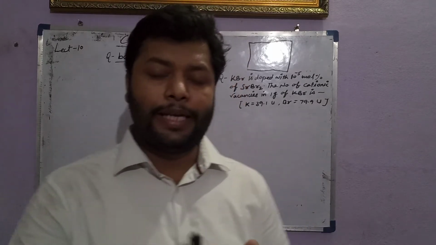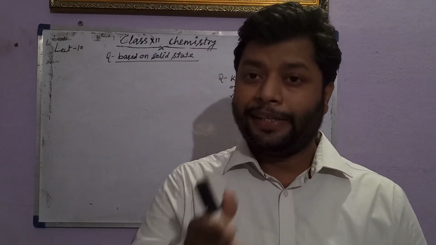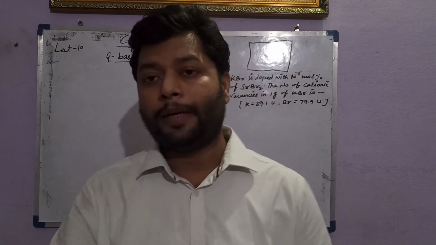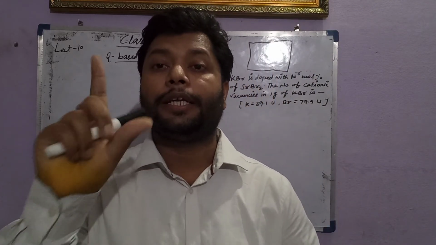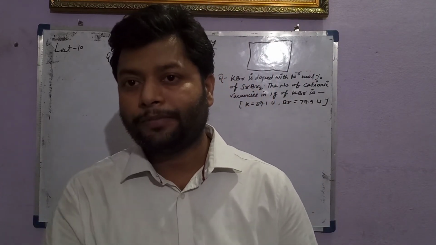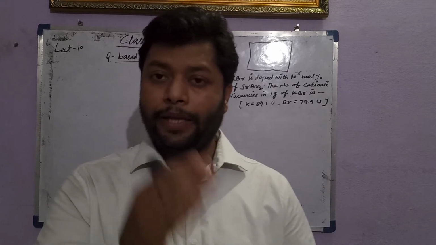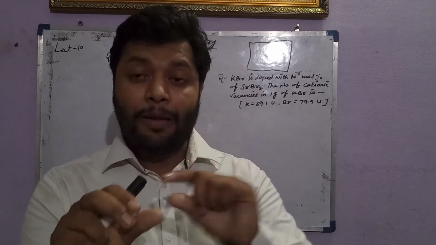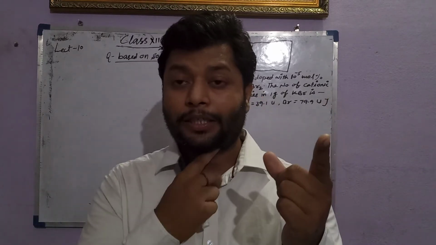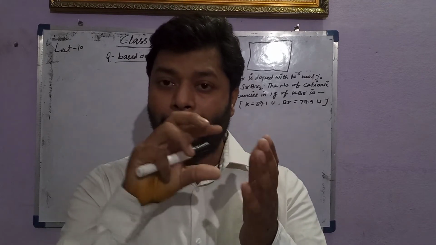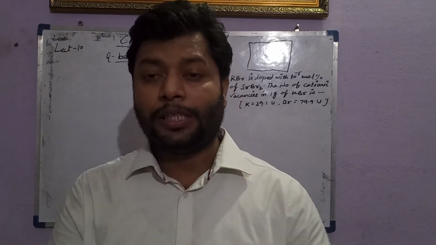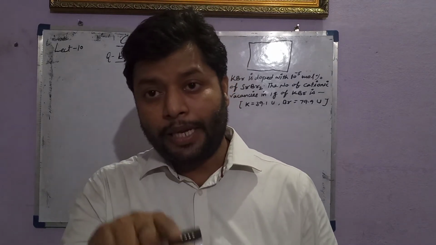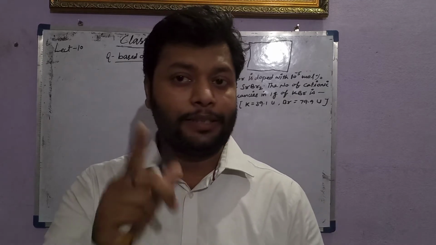Zinc sulfide, ferrous sulfide, nickel oxide, they all have stoichiometric as well as non-stoichiometric forms. The diagram can only indicate what the difference is. In a Frenkel defect, there is a cationic vacancy with a dislocation of the cation to an interstitial site. But in zinc oxide, the non-stoichiometric case, the metal always takes an interstitial site with an electron in a neighboring site. That is the difference.